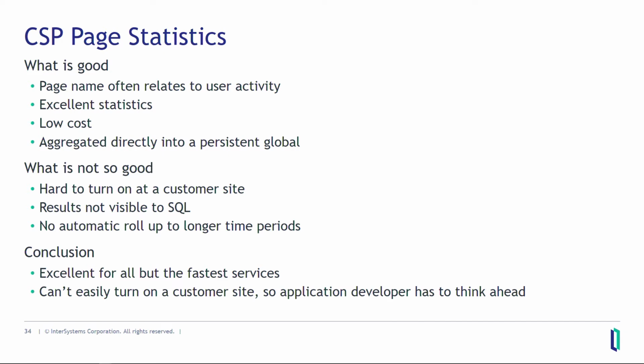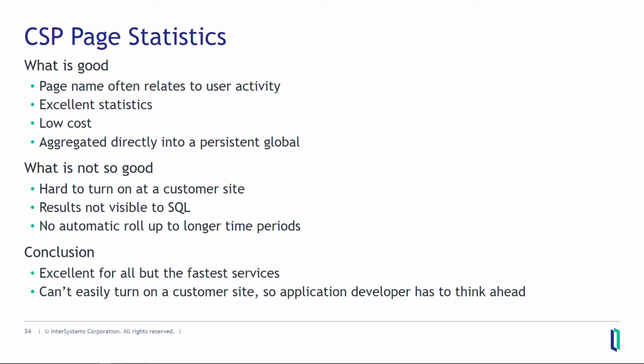Nobody's just done that. And there's no automatic roll-up to longer periods. I'd say in conclusion for this, it's excellent for all but the fastest services. If you've got a REST-based service that is just doing something that's taking a millisecond and you're doing 4,000 of those a second across your multiple cores, this might add a significant overhead. For most applications,